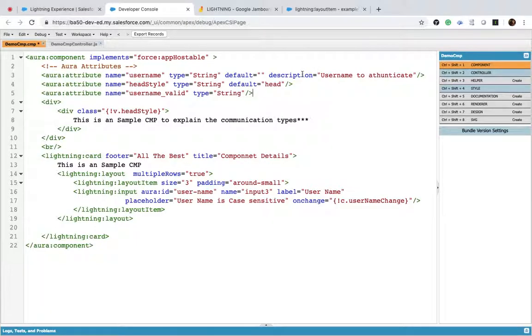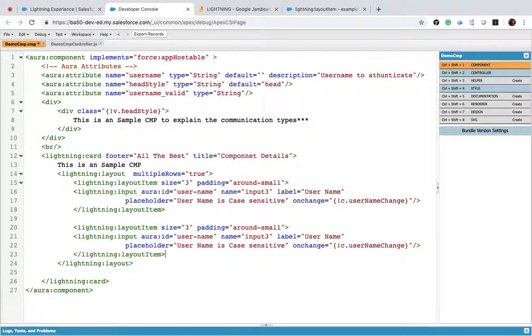So you can see here I had a description, here I had a default, here I didn't have both, right? So it means that default and description are optional to define your attributes. Default and description are optional, but name and type are the required tags that you need to maintain for an attribute. Now this is a layout item. Now I'll say layout item 3. I'll copy this and paste it within the